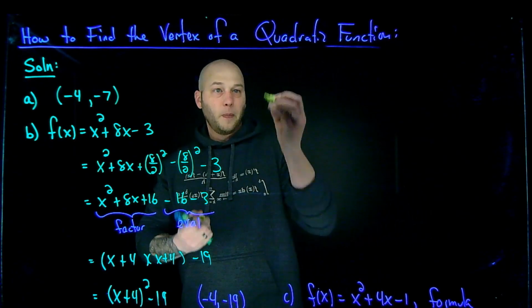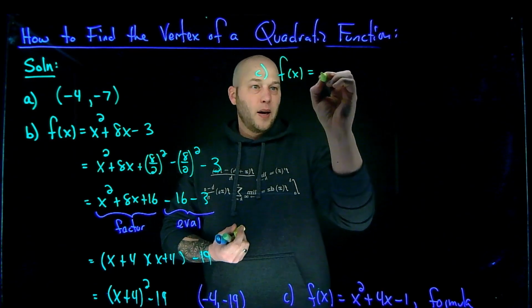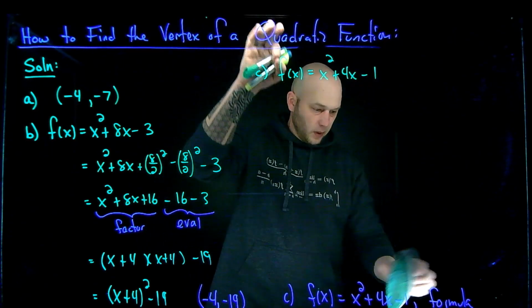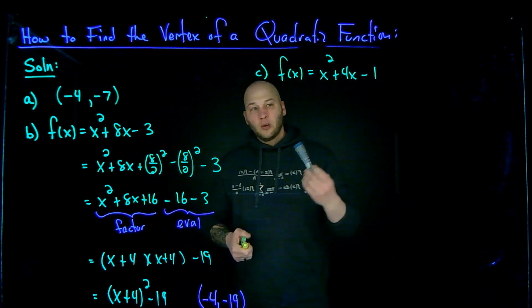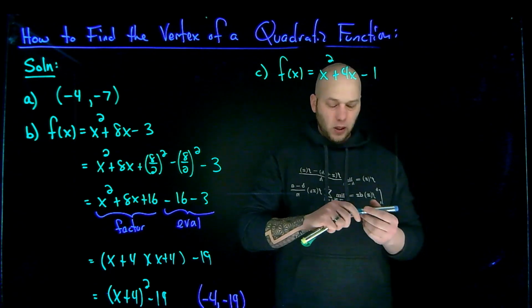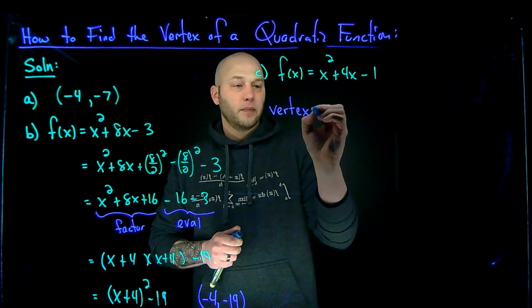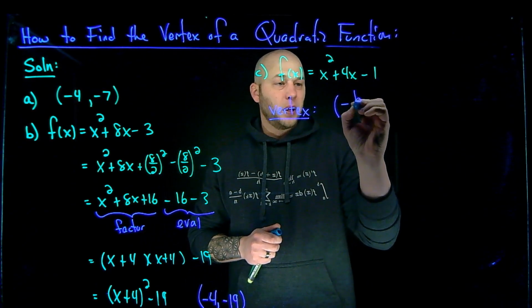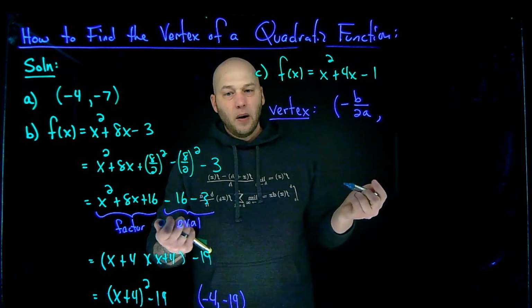So part C, f of x is equal to x squared plus 4x minus 1. All right, I don't know how much room I'll need, but let's just go ahead and get rid of that then. So again, find the vertex using the formula. So if I have a general form quadratic, so remember that was the ax squared plus bx plus c, the vertex is given by the following formula. The x-coordinate is negative b over 2a, and the y-coordinate,